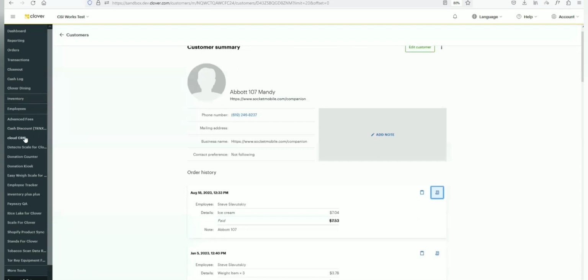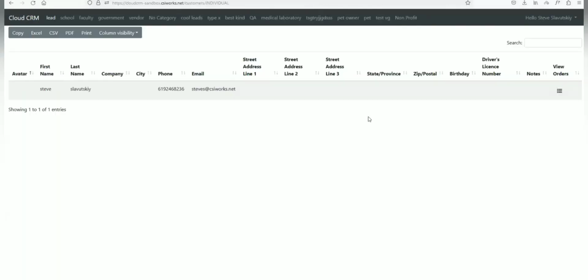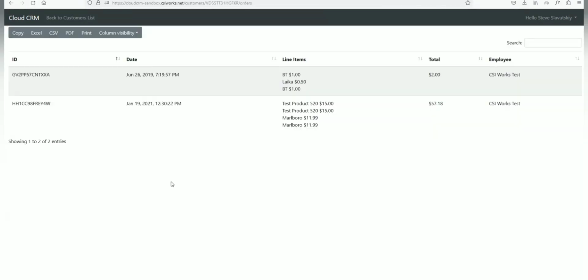Now, this Cloud CRM that I've demonstrated that forces customer assignment also has a web interface, and here it is. So I'm just going to go ahead and click on that, and it will pull up my account. It'll ask me which location to click. I click this location, and it's a much simpler interface, but it does provide us with the things that we're looking for, such as the ability to export order information. So there are abilities to export, and this, for example, is for the customer